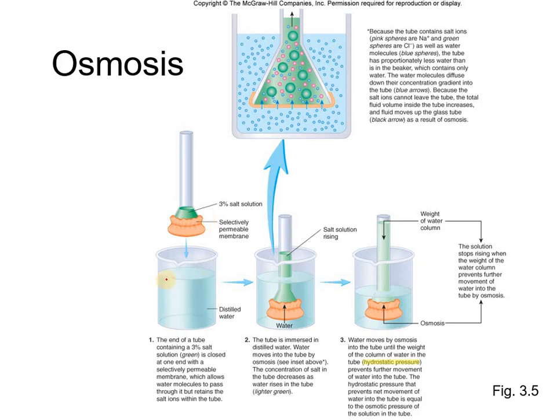So yung nangyari guys is, since marami ditong water kaysa dito sa loob ng ating tubing, yung water dito or yung osmotic pressure dito is mas malaki kaysa dito sa may osmotic pressure sa loob ng tubing. So ano ang mangyayari? Yung water molecules will move from area of higher osmotic pressure papunta doon sa area of lower osmotic pressure. So yan, tumaas yung level ng tubig dito. Tumaas yung level ng salt solution because of the entry of water molecules.